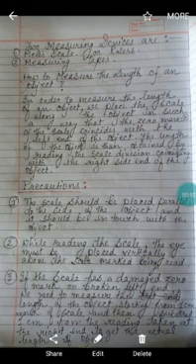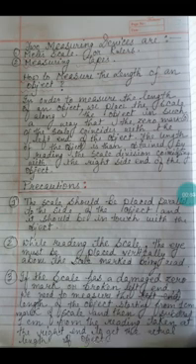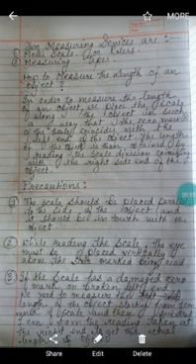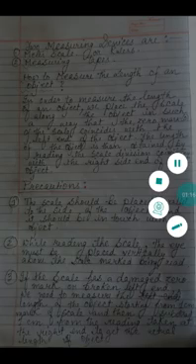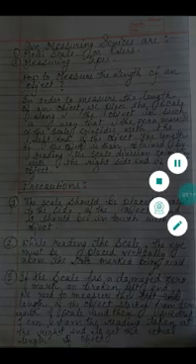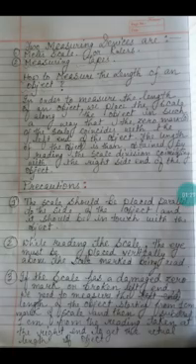So now the next topic we shall discuss is how to measure the length of an object. In order to measure the length of an object, we place the scale along the object in such a way that the zero mark of the scale coincides with the left end of the object. The length of the object is then obtained by reading the scale division coinciding with the right side end of the object. Now students, what does that mean?